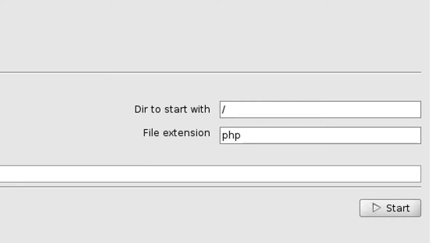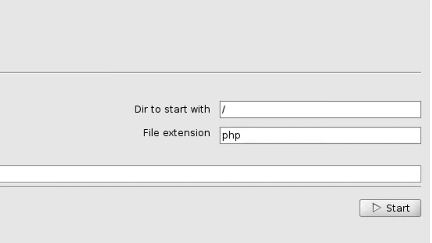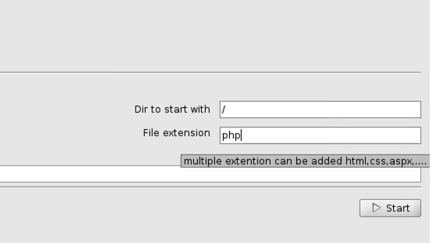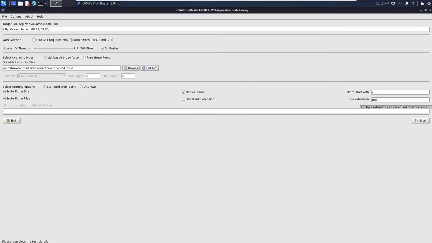So if you know the target is using PHP, then you must enter the file extension. So I'm just entering PHP as the file extension. And if you don't know how to find the file extension of a target, just do some information gathering on the target using tools like DNS recon or